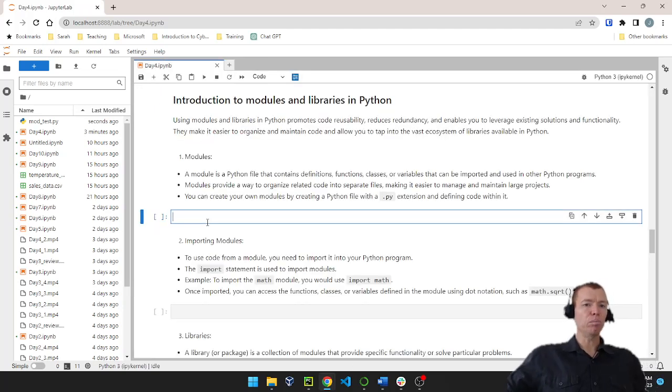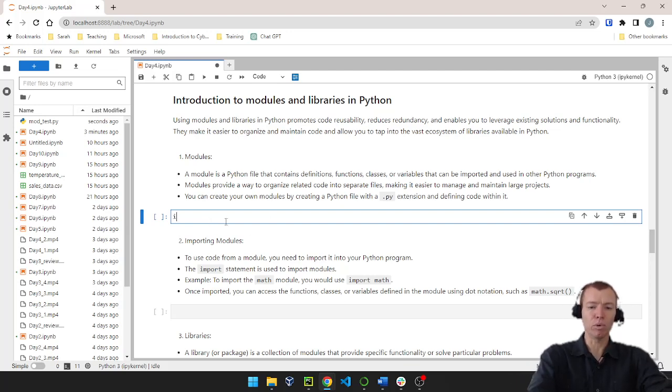Now we've got to import it to be able to use it, right? So we've created this module file called mod_test. I've got to tell my application to use it. So I'm going to use an import statement. Import, you'll see, is a reserved keyword. It turned dark green and bold, which means that Python knows that word. And then I'm going to give it the name of the module,